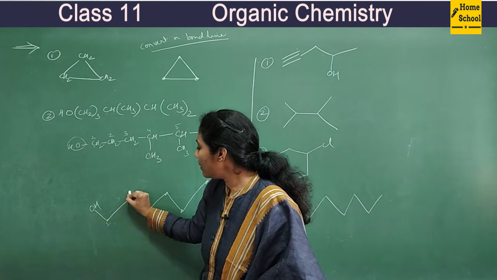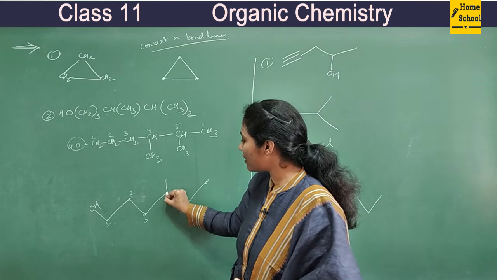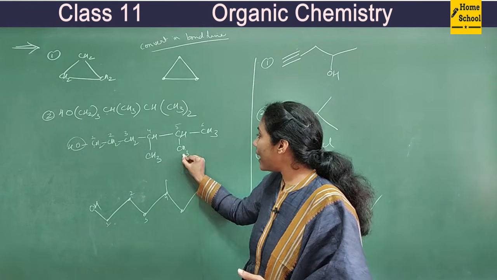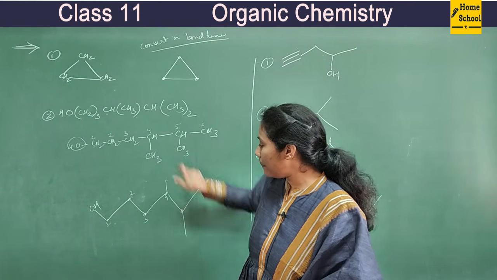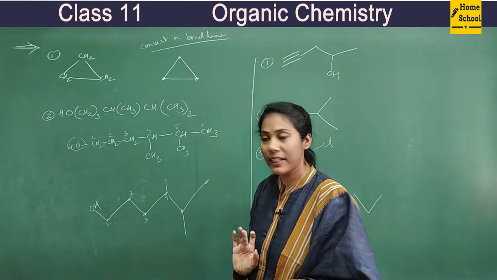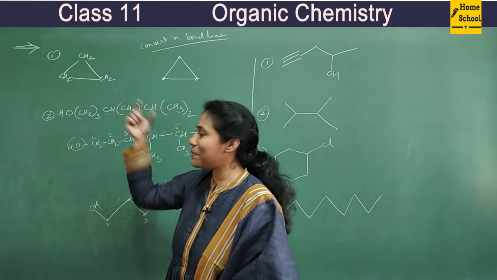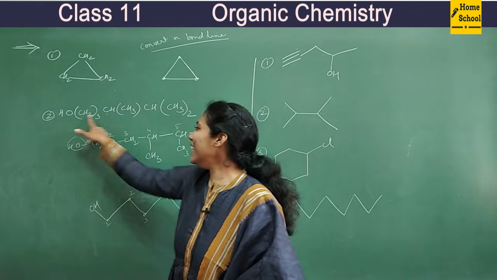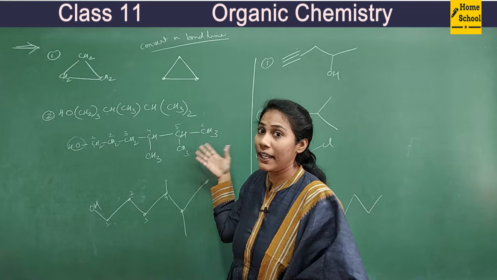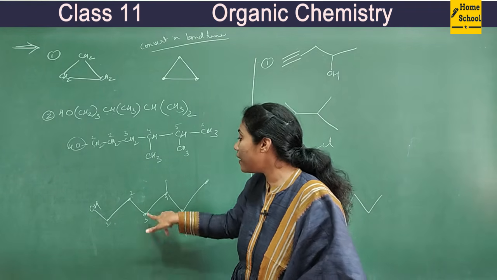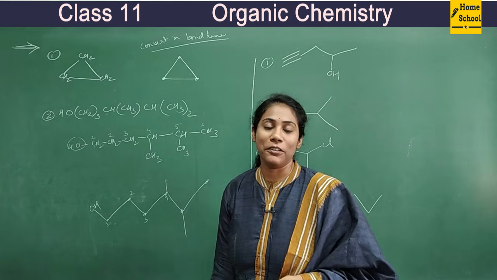And at carbon 4, you have a branch CH3. This is carbon 1, carbon 2, carbon 3, carbon 4. So, what is a branch? CH3, just one dash. And at carbon 5 also CH3. Okay, for topmost point, show the branch up. For bottommost point, show the branch down. That's it, over. So this is the bond line representation for this molecule. See, it was in a highly condensed format. First I elaborated it into an elaborate structure. Then it is easier for me to draw a bond line representation. So you have to be very, very careful.